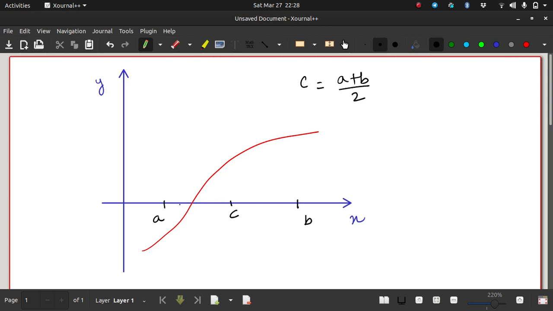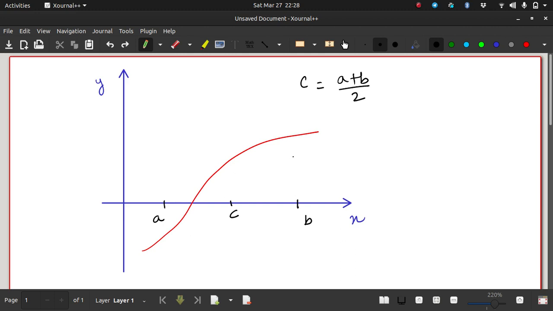If it is not, then I again change my interval from A to B to A to C, and then I look for the root within this interval, and again I look at the center value. Then I keep on repeating the process. In order to get a detailed idea about this, you can refer to the previous video on the bisection method. But as you can see, the disadvantage in this method is that the algorithm is always looking at the center of the interval for the root value. So that may not always be the case.